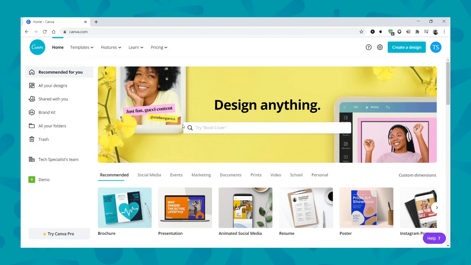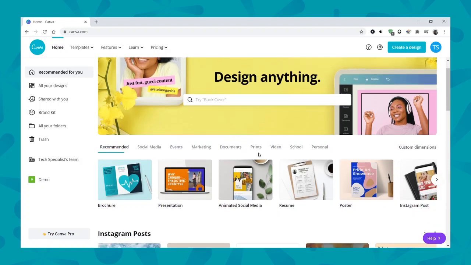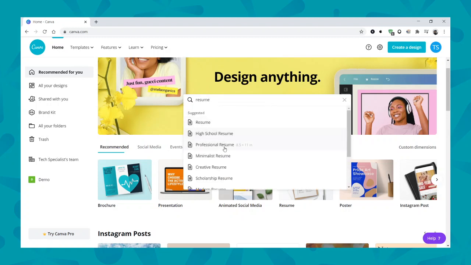So today I wanted to focus on a couple of different design things. One of the more popular things I've seen done are resumes. So if you go ahead and see resume here, or if you type in resume, you get a bunch of different options here, but we're just going to click on this main one right here. So it tells you the dimensions. It's going to be the size of a piece of copy paper, 8.5 by 11. So once we click on that,